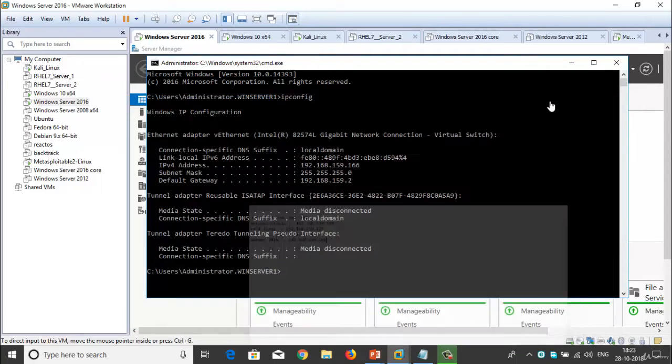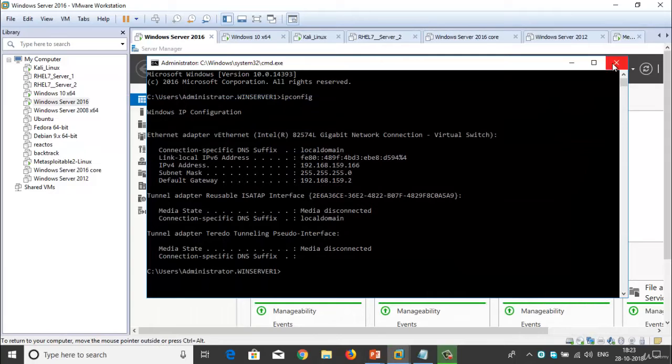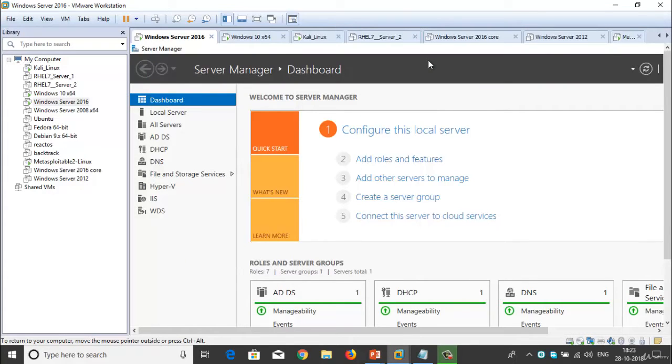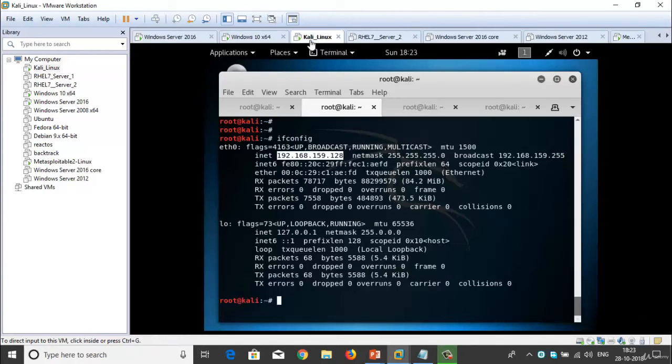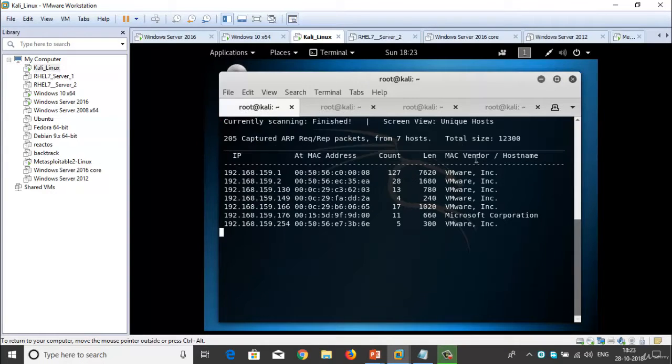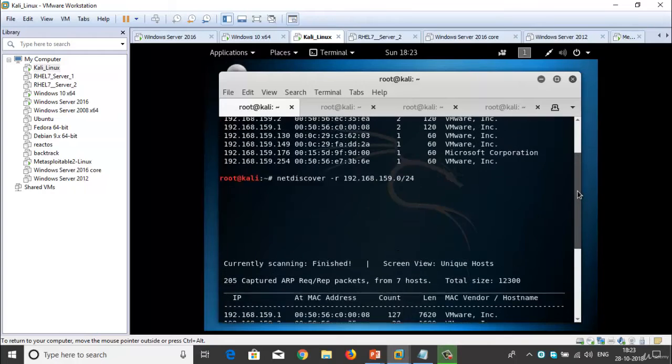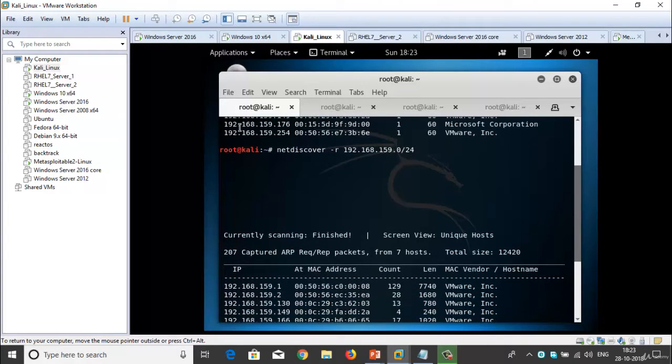Now we will first discuss how we can gather information about live devices on the network. So here you can see I already ran this command: netdiscover -r, followed by the network information, 192.168.159.0, which is used to identify the range, like the whole network.